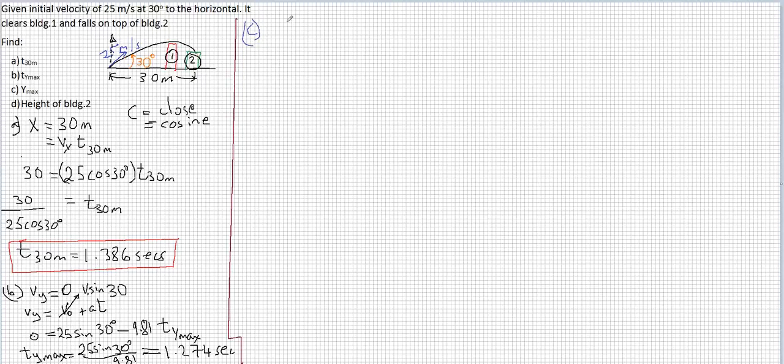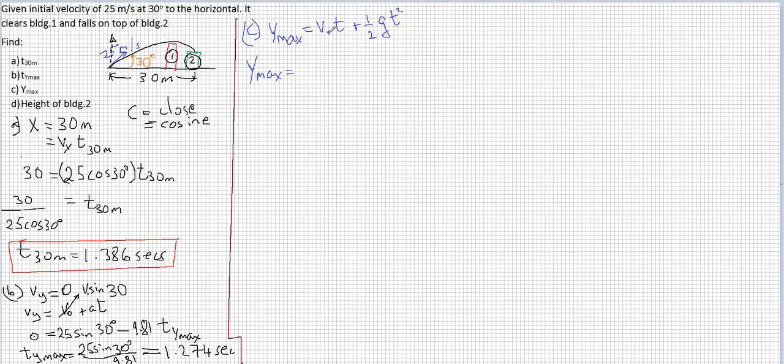Part C asks for the Y max itself. The Y max happens at building 1, also happens at the time of 1.274 seconds. That's the time to reach the maximum height. So we can take advantage of this opportunity and say that my Y max is equal to, given from the equation. Notice here I wrote G instead of acceleration because we know that the acceleration is gravity, so it's due to gravity. So my Y max is equal to